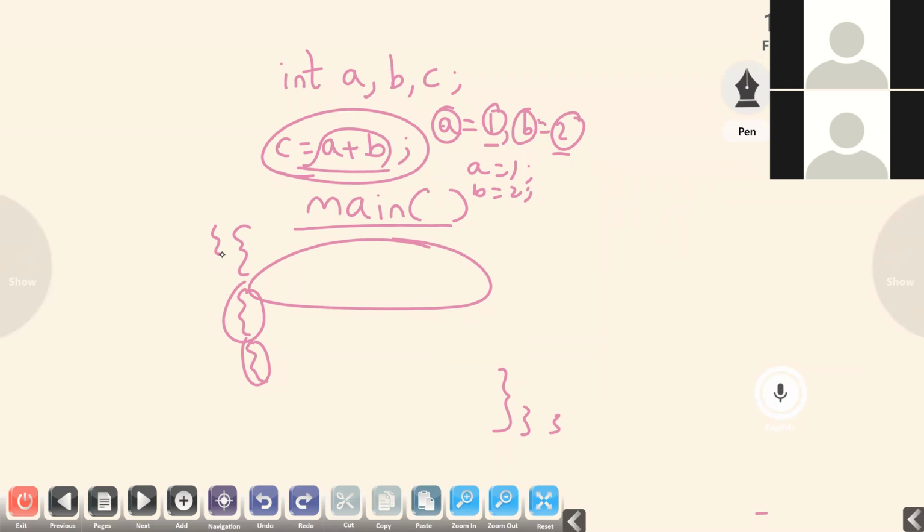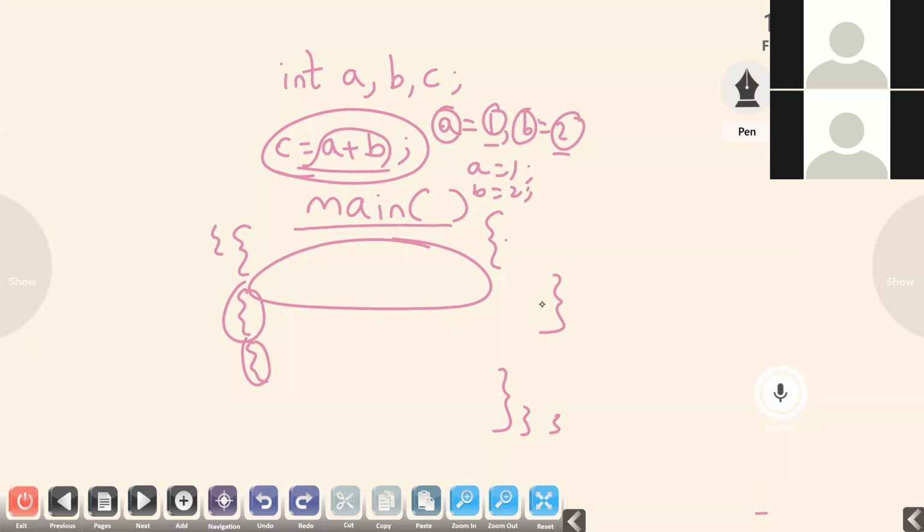In C language, we always write the program only within the flower brackets. Here the program starts, here the program ends. So these are the rules for writing a program.